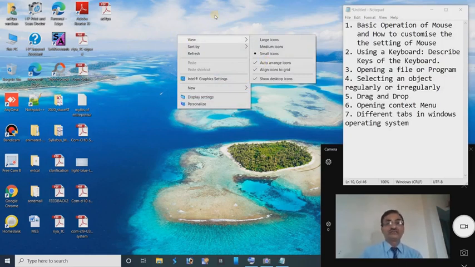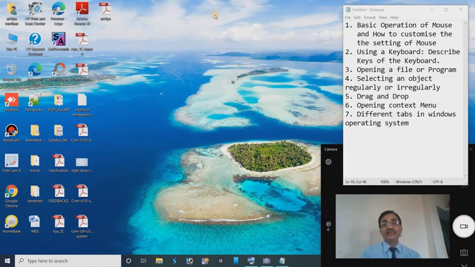So this is the general mouse, about which I have already told you. The mouse is a pointing device. That is why it is called a pointing device, because the pointer is available on the screen and will move corresponding to moving the mouse on the mouse pad.